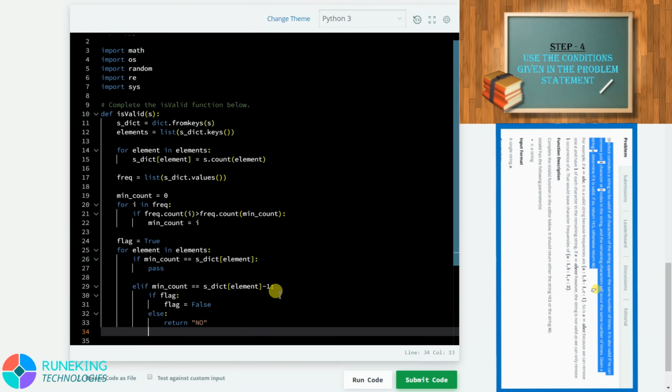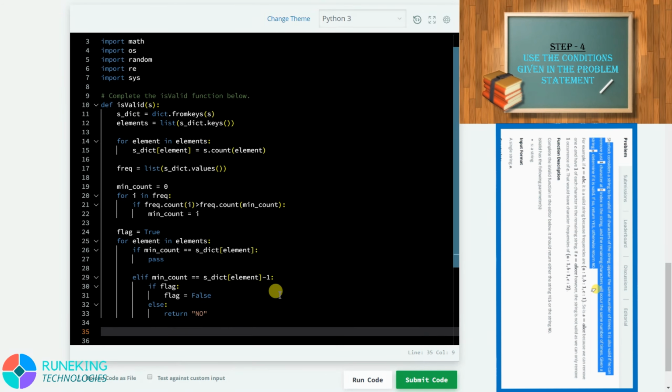There is one more case which you need to understand, so I will put it in elif. For example AA, BB, C, that means 2A, 2B and 1C. It is a valid string. A has frequency 2, B has frequency 2 and C has frequency 1. So if we remove the C, then only A and B will be left, and both have the common frequency 2. So here we need to put the condition: if min count is greater than 1,